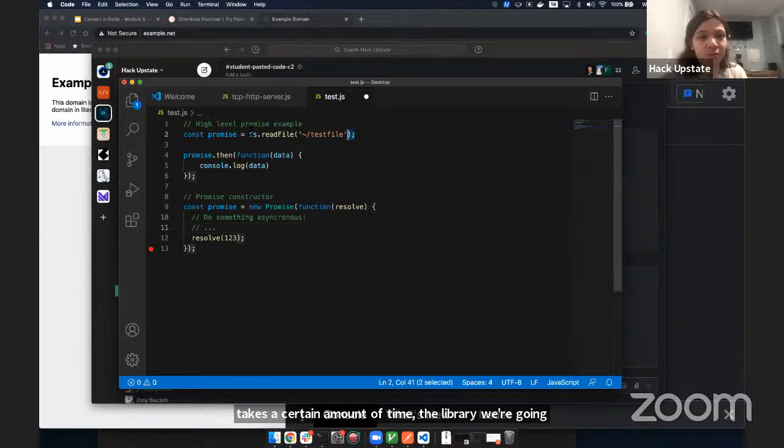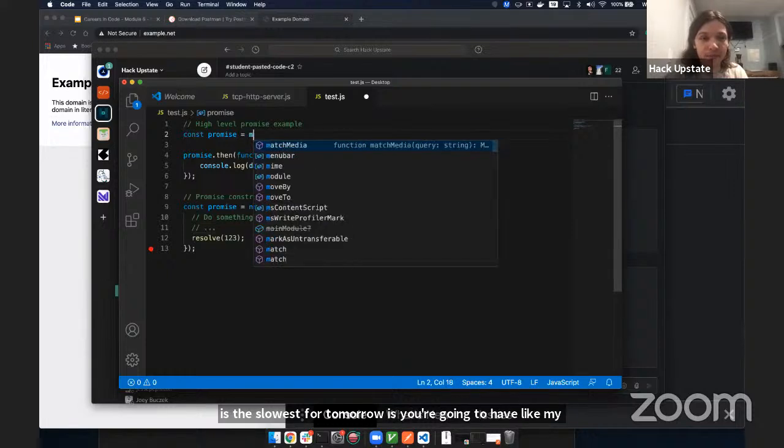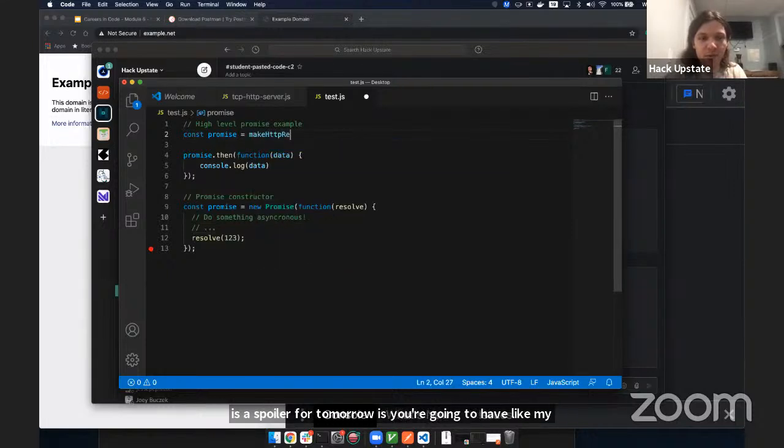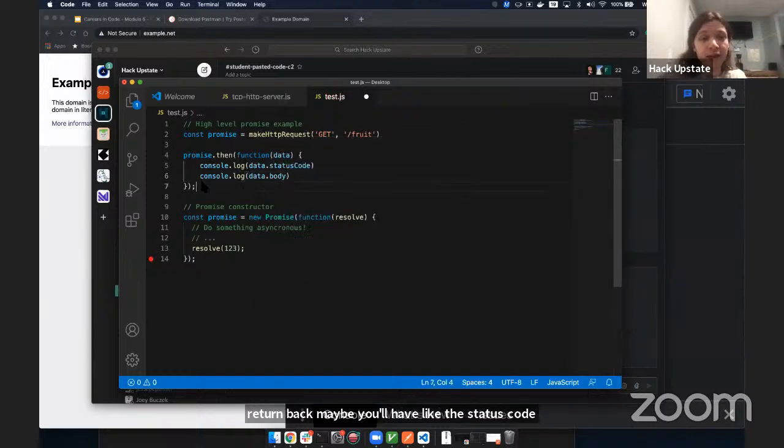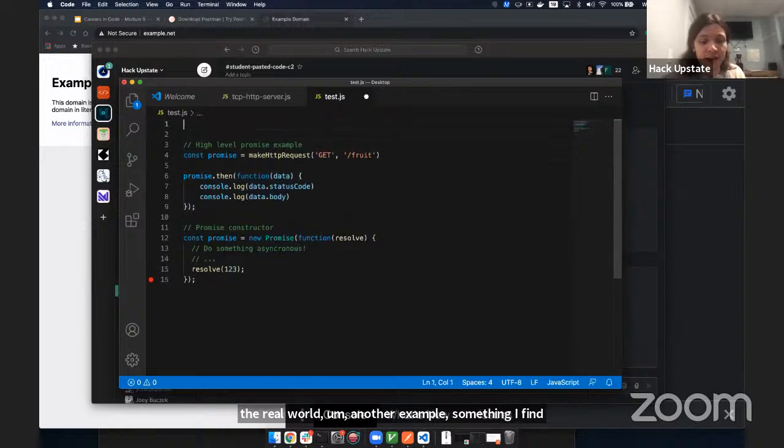promise. Roughly, and this is some spoilers for tomorrow, you're going to make a GET request to something like /fruit. It's going to return a promise, and the data it returns back maybe will have the status code or the body or things like that. So this is an example of how this would be used in the real world. Another example, something I find myself writing a lot, is